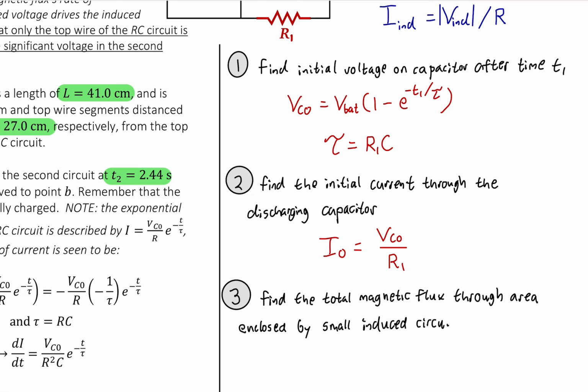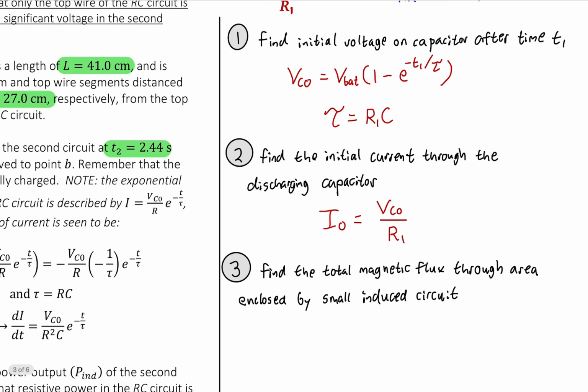It never felt right to call it the inductive circuit. It's more like the whole process is inductive, but for the one that is the response, calling it induced makes more sense. Okay, so find the total magnetic flux through the area enclosed by the small induced circuit,